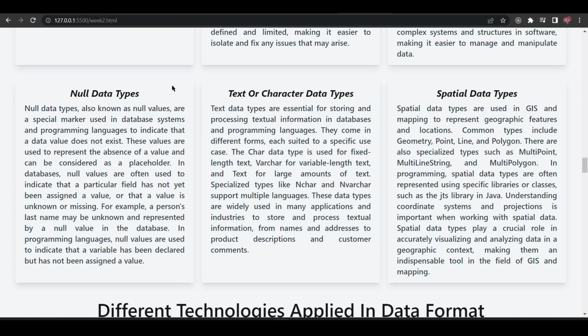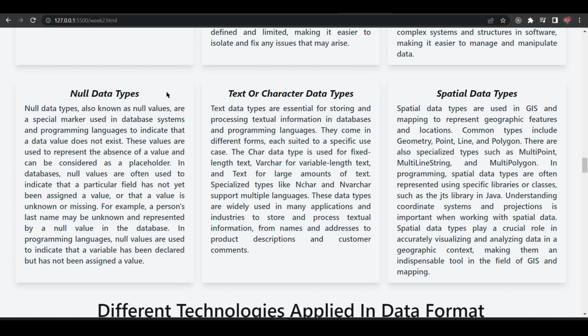Specialized types like nchar and nvarchar support multiple languages. These types of data are widely used in many applications and industries to store and process textual information, from names and addresses to product descriptions and customer comments. For example, MySQL and MongoDB.